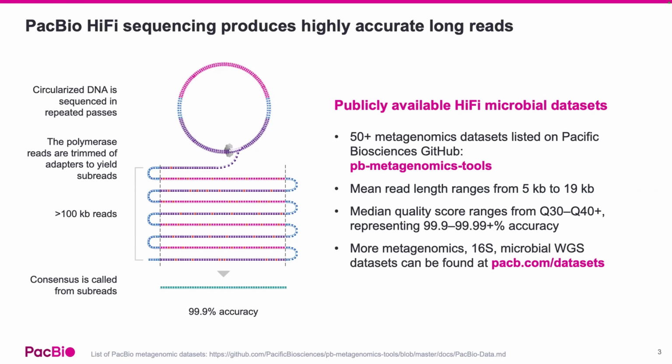This washes out any random errors, which are shown as these little red dots in this graph, and allows for a highly accurate consensus sequence to be called from those subreads. This results in what we call a HiFi read, that is typically an average of 99.9% or greater accuracy, or Q30. And the consensus sequence generation, so this HiFi read generation, actually happens on the instrument, so there's no need for additional compute off board for that HiFi read generation.